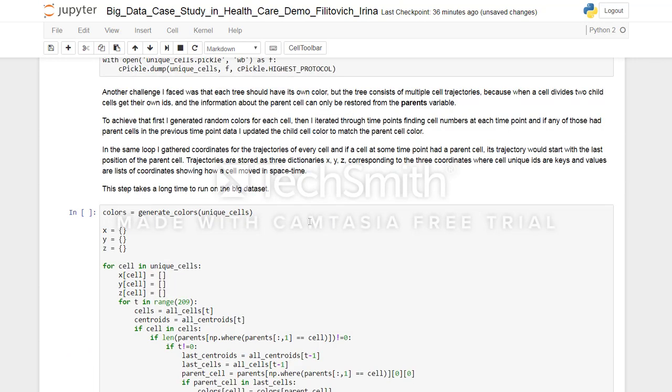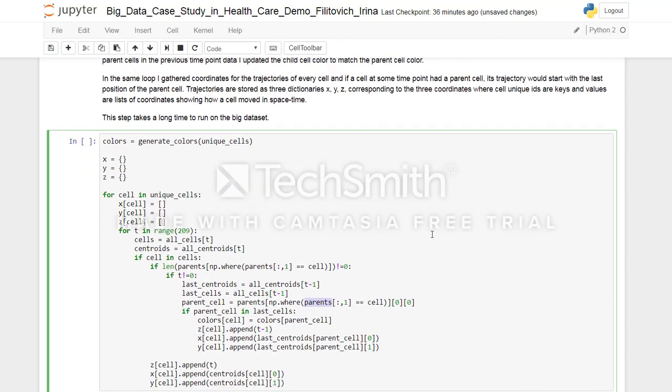So another challenge that I faced was that each tree should have its own color. But the tree consists of multiple cells and of multiple cell trajectories, because when a cell divides, the two child cells get their own IDs. And the information about the parent cell can only be restored from that CSV file that we loaded into the parents variable. To achieve this, first I generate random colors for all unique cell IDs present in the dataset,